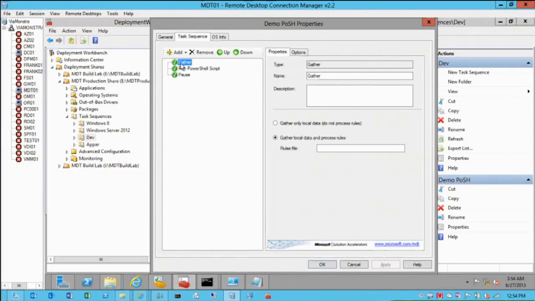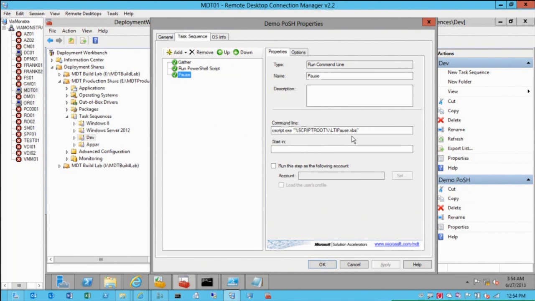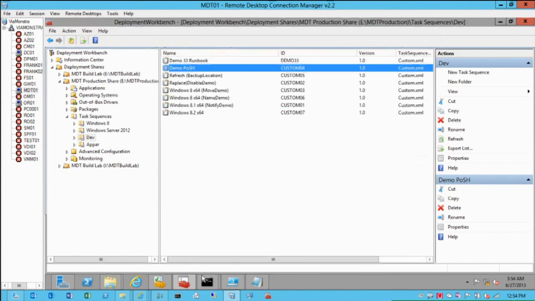I do a gather process. I run the bogus PowerShell script that doesn't contain anything, but when I do so, it's automatically going to create folders for all the PowerShell modules to be loaded, and then I create a pause. The pause is a VB script that says message box OK, so it doesn't really do anything at all. You run this,